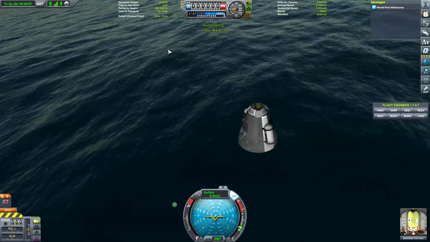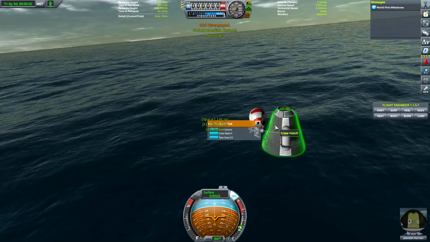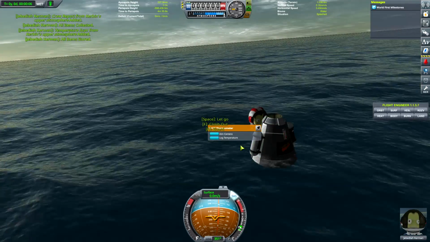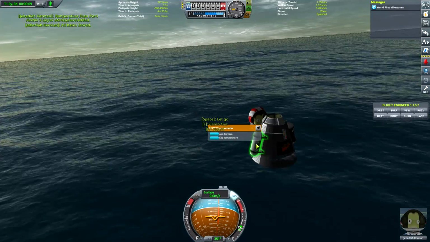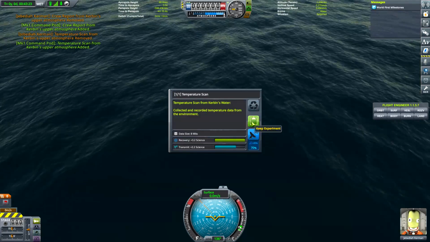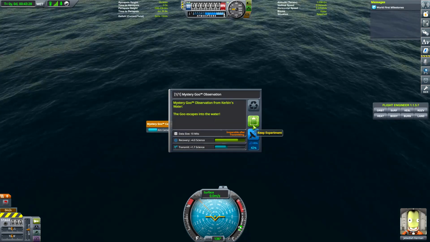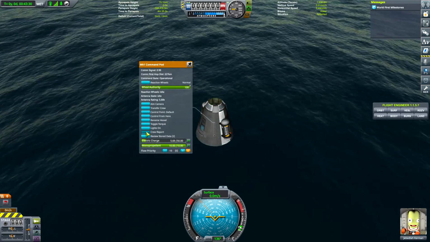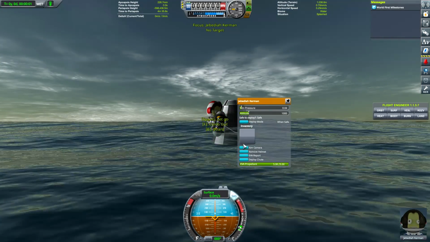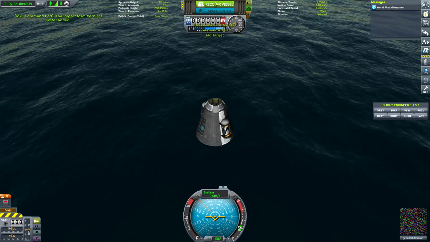Okay, so before we recover this bad boy, I'm going to have him do an EVA. He is going to take the data from the temperature. He is going to jump back in. He's going to log another temperature. He's going to do the mystery goo. He's going to grab that. He's going to do another crew report. Grab that. Did I do an EVA report? I don't think I did. Let's do an EVA report. Grab that. Get back on board. And we got lots of science to recover